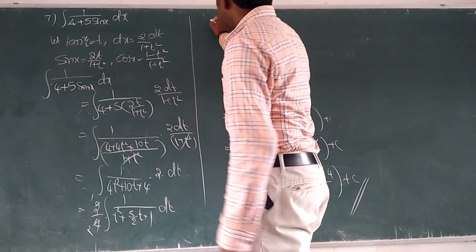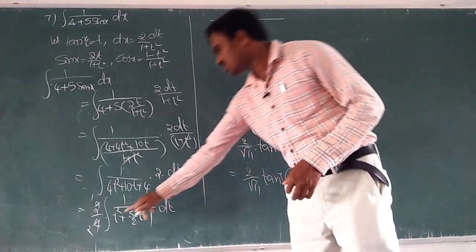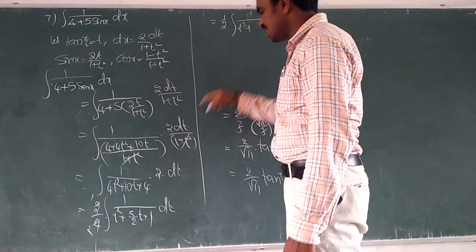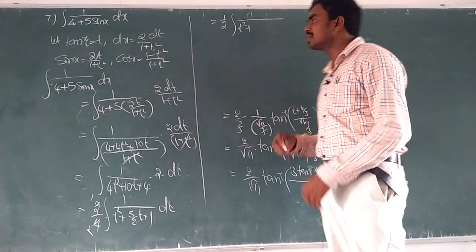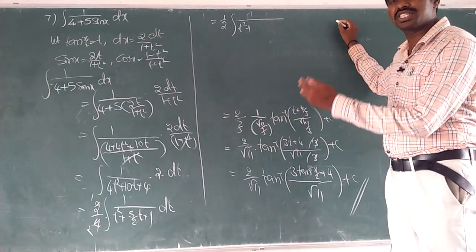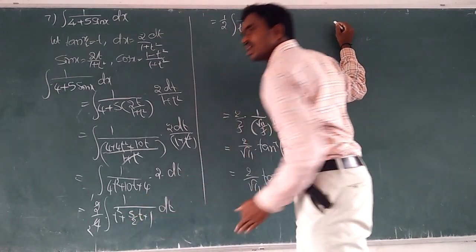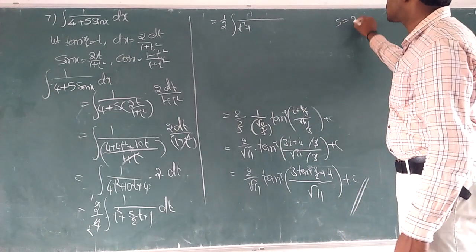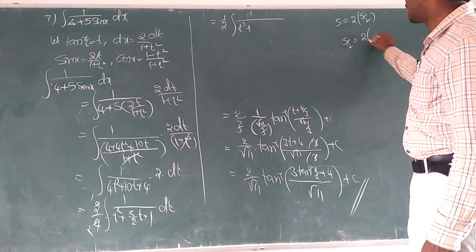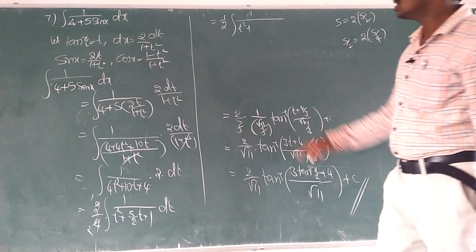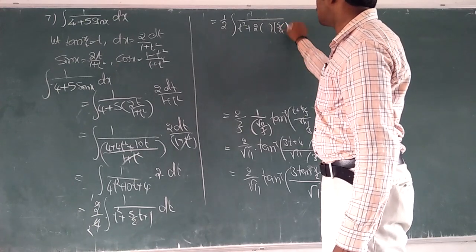So next, 1 by 2 into integration of 1 by t square plus something. Again we should think in the same way. First t square like this. The second term should be written as 2 into something. If 4 is there, we can write 2 into 2. If 6 is there, we can write 2 into 3. So even numbers are no problem. But here 5 is there, how can we write 2 into something? 5 by 2 can be written as 2 into 5 by 4.